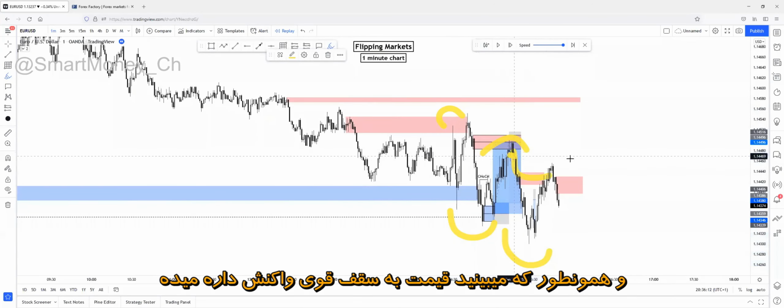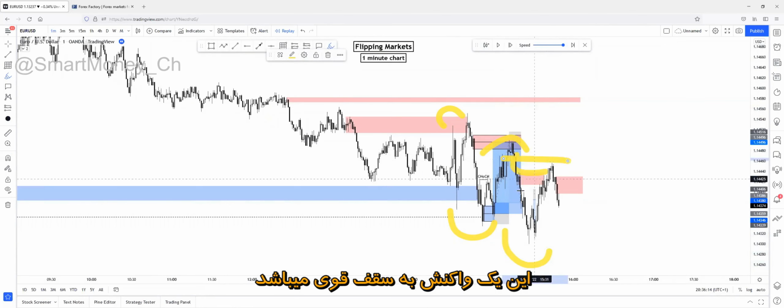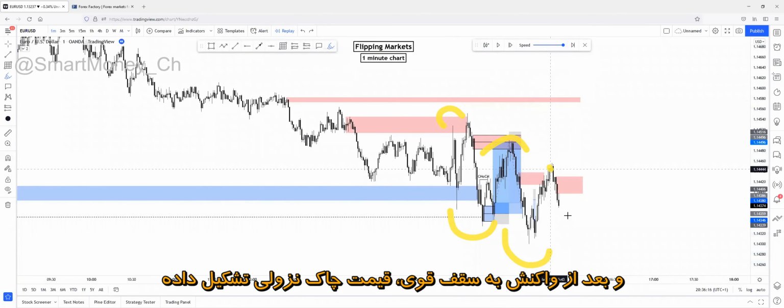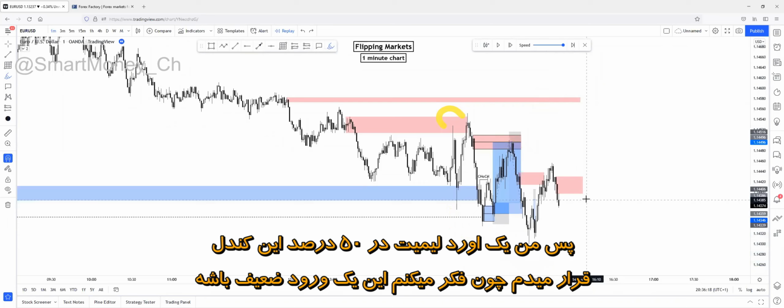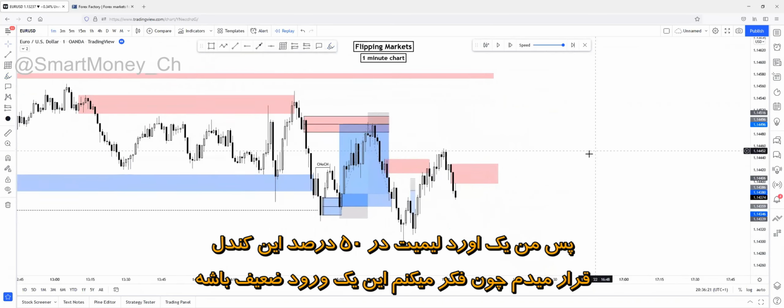And as you can see, price just reacted on a strong high. This is a strong high reaction right here, and after it, price changed character to the downside. So I'll be setting a limit order on the 50% of this candle, because I believe, yes, this is a